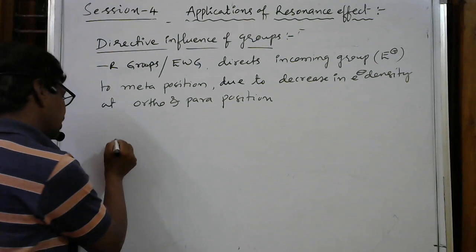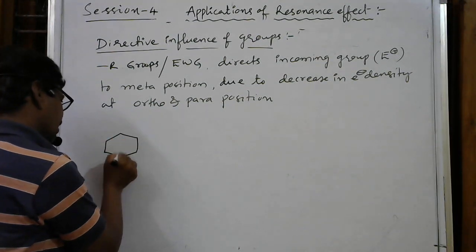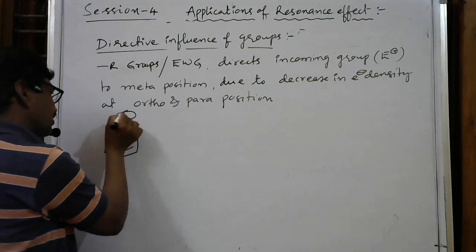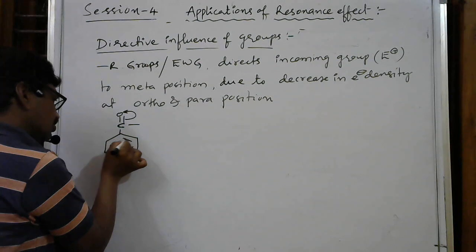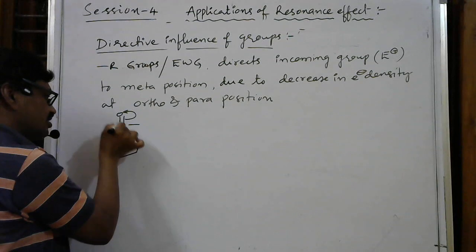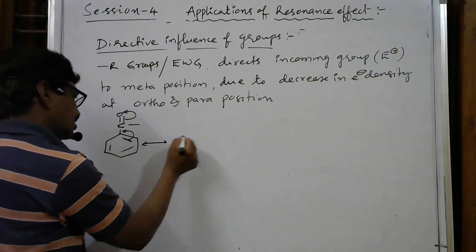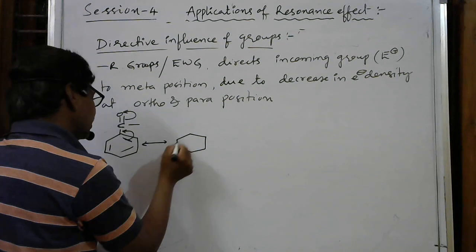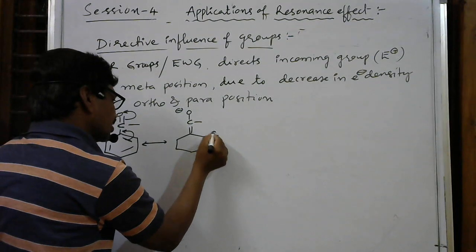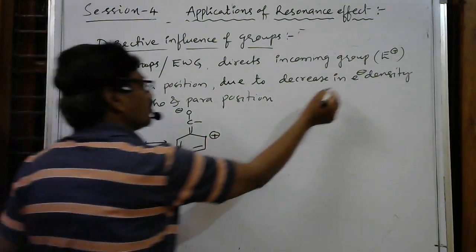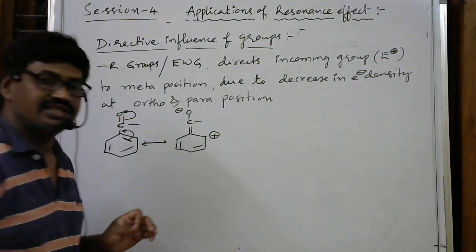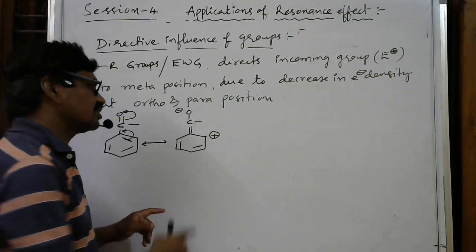So here, see, I am taking one example. Same thing, nitro group I am taking, otherwise a C double bond O group. When this bond is shifted to oxygen, the carbon's electron density decreases, so that it is accepting these pi electrons present in the benzene ring towards itself. So in the next form, if I write negative charge here, then this carbon will take positive charge. So the positive charge electrophile will not come here. Why? Positive charge and positive charge will get repulsion, so because of repulsion it will not come here.